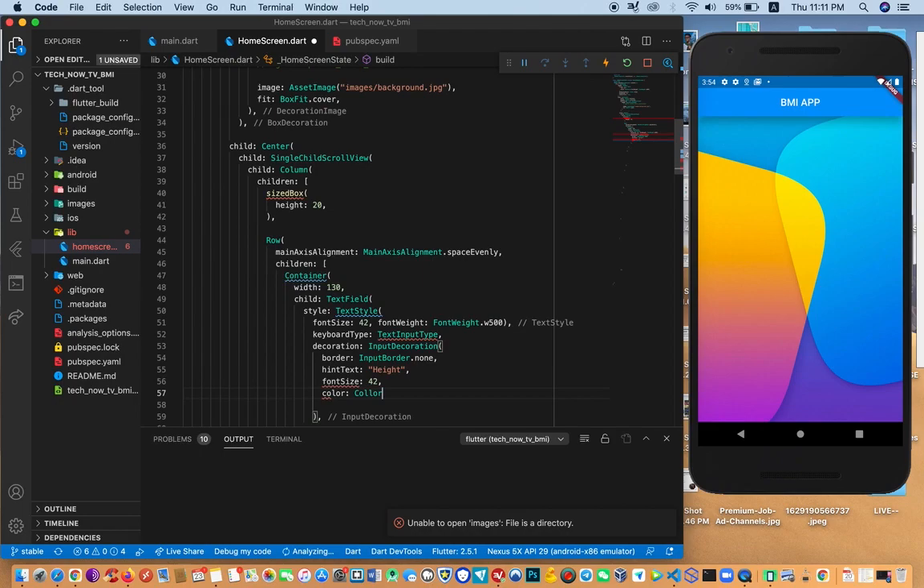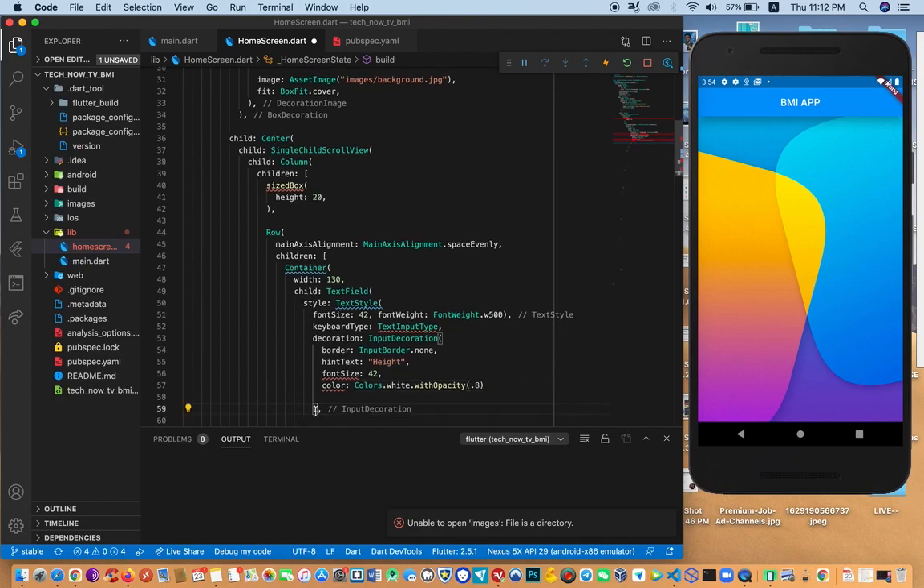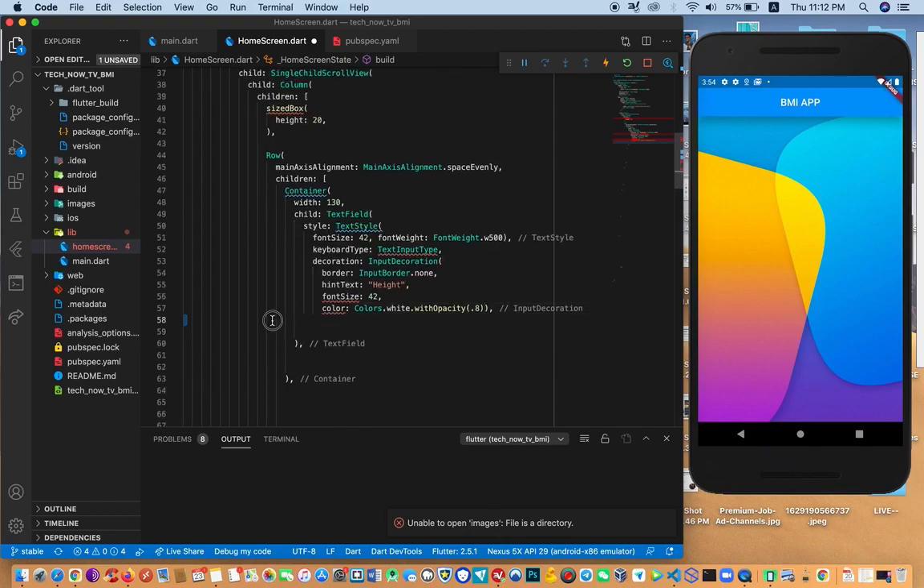Okay, so colors dot white. Okay, colors dot white. And this, we want to actually add some opacity. Let's say 0.8 for this. Okay, so this is the decoration for us, how we want the input. Duplicate this for the second one. Okay, because we're gonna have,